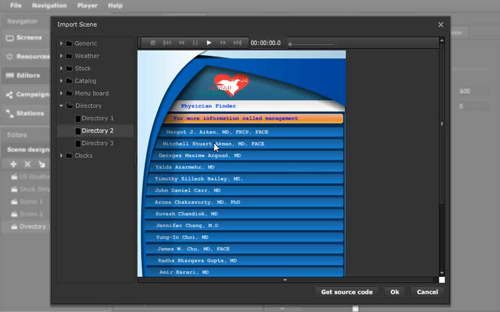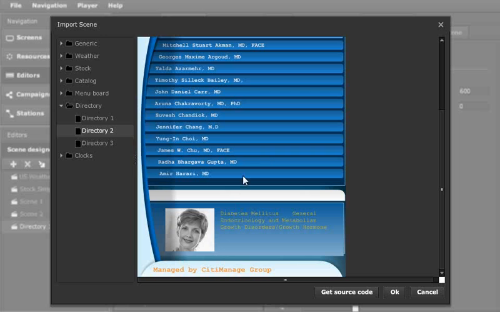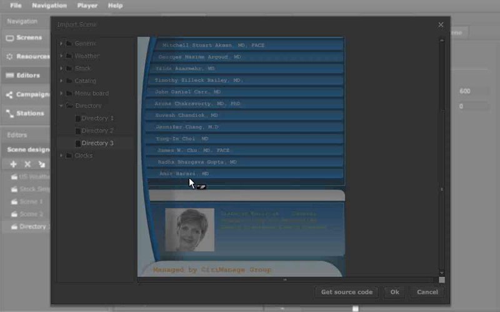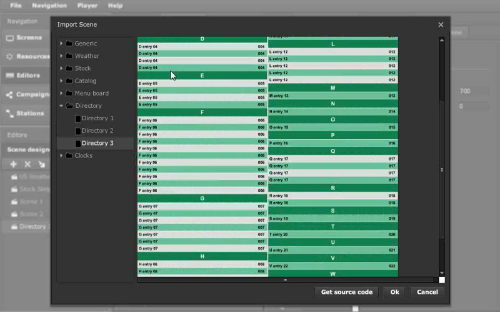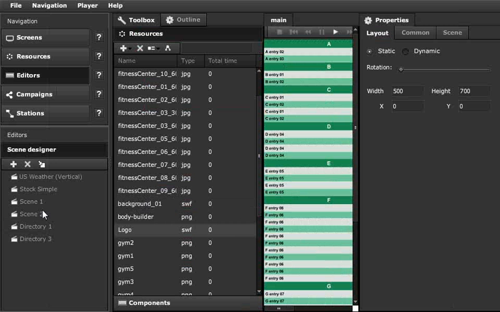We have the one that you saw earlier, but this one actually moves from one item to the next and shows an image on the bottom. We have another one right here, directory 3. That's a little bit different. You can again build a directory that you can modify, and we'll go ahead and import this because I want to actually show you something in this one. So I'll click on OK to import it, and now if I switch to directory 3 to select it and make a little bit more room here,